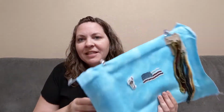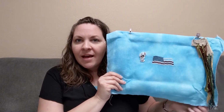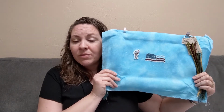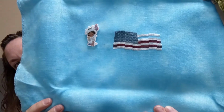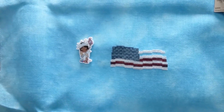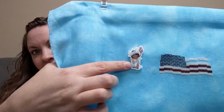And this is the other sky fabric that I dyed in my tutorial. This is a 36 count. It was a 36 count Zweigart linen, and I think it turned out so pretty. And this is my start. And my cute little